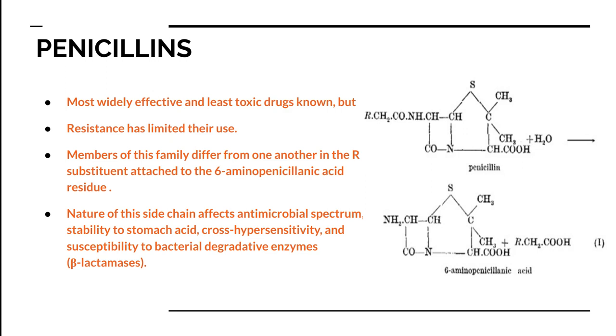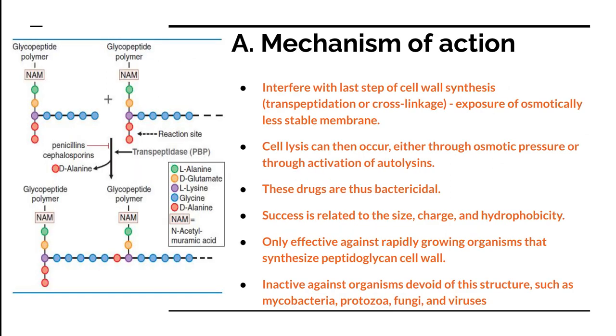All right. Now let's see what is the mechanism of action. You remember I told you that first there will be NAG, then NAM, then NAG, then NAM, then NAG, NAM. So there is a continuous NAG, NAM situation going on. Now what happens is, like I said, that there is a condition where there is going to be that transpeptidation, that is cross-linking. Like I gave you a raw picture, but here, if you look at the diagram,